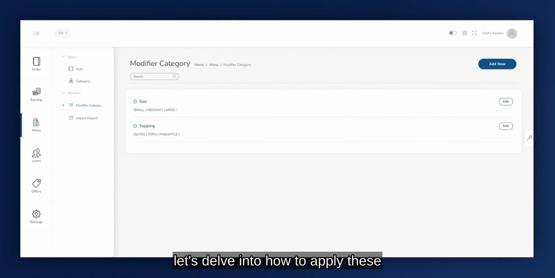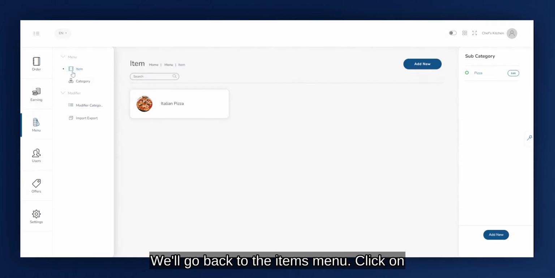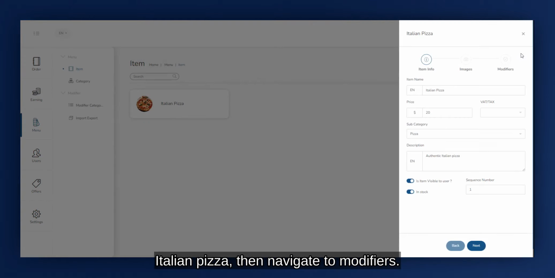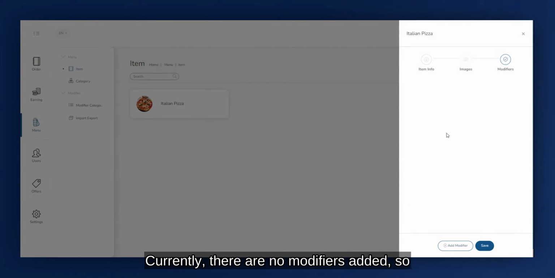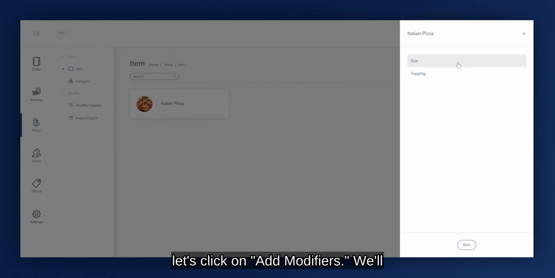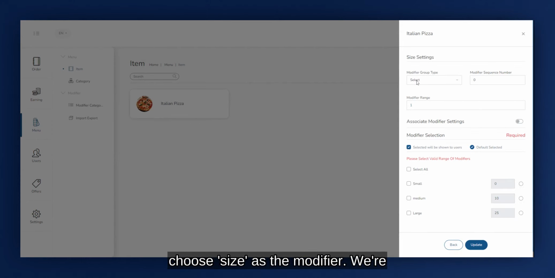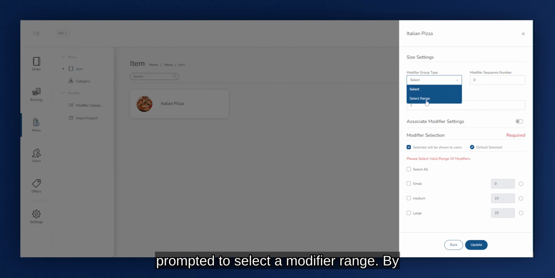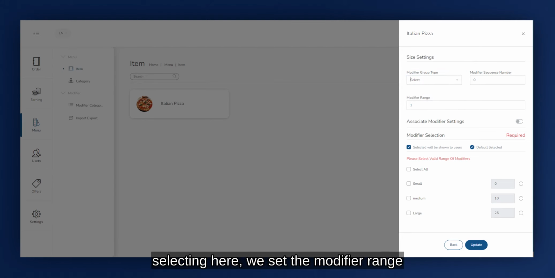Now, let's delve into how to apply these modifier categories to specific items. We'll go back to the Items menu. Click on Italian Pizza, then navigate to Modifiers. Currently, there are no modifiers added, so let's click on Add Modifiers. We'll choose Size as the modifier. We're prompted to select a modifier range. By selecting here, we set the modifier range to 1, allowing the user to choose either small, medium, or large